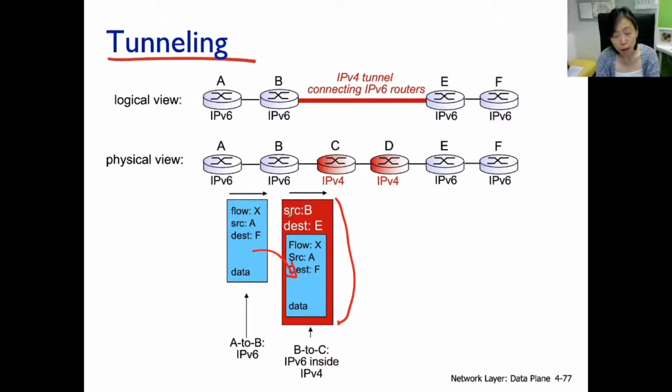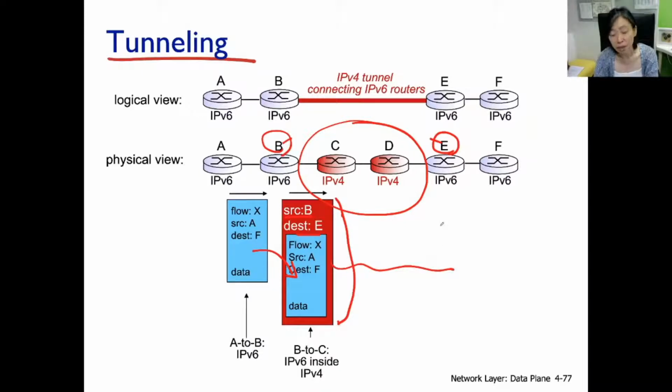In the version 4 packet, the source address is going to be B itself. Destination address is going to be the other end of the tunnel, the other end of the tunnel's IPv4 address. Now, this is an IPv4 packet, source being B, destination being E, and the IPv4 network is capable of forwarding this packet over,